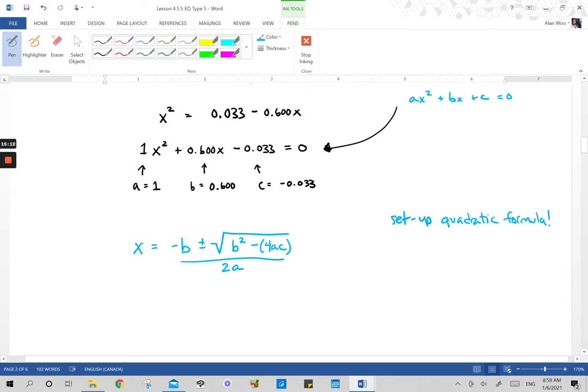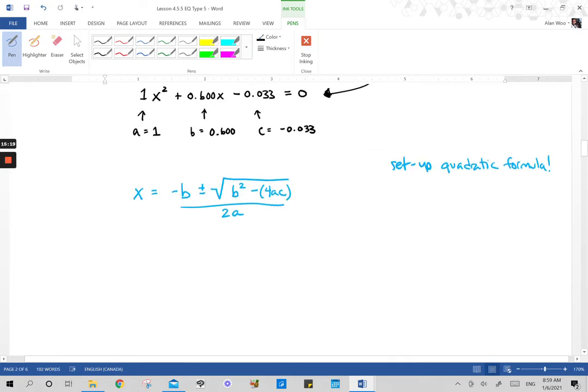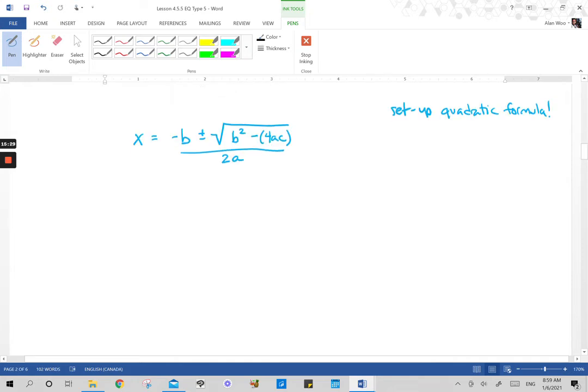So you're not given the quadratic formula. That is something that you will need to memorize. So what we do now is that we substitute a, b, and c into the quadratic formula and then do the math to solve for x. So remember, you have to have that negative sign there. Okay, b is